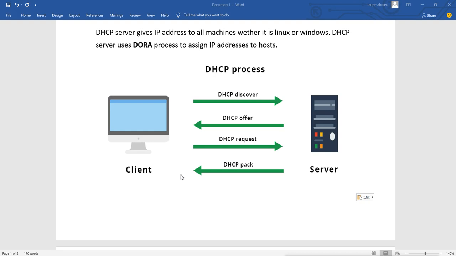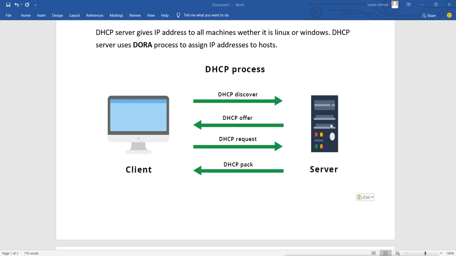Both machines will not be able to use the IP address. Now the manually assigned IP will not change, but for the machine which got the IP from DHCP, the client will send a decline packet to the DHCP server, saying that it is not able to use this IP because it is already used in the network. So now the DHCP server will correct our mistake. It will mark that IP as a bad IP, never use it again for any client, and offer another IP to this client, which will use that other IP.